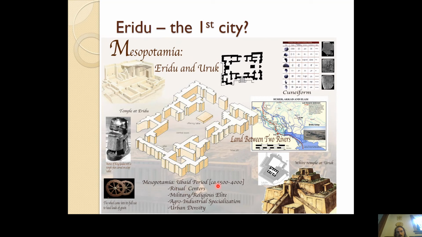What made Eridu civilization? Well, it had ritual centers. It had a ziggurat, the White Temple at Uruk. Or Uruk is a city right next door. It's kind of like the Twin Cities. They were close to each other. So Uruk had that big ziggurat, which was a temple to worship the gods. They had religious elite. They had priests working in these temples, and then they had military soldiers, obviously.